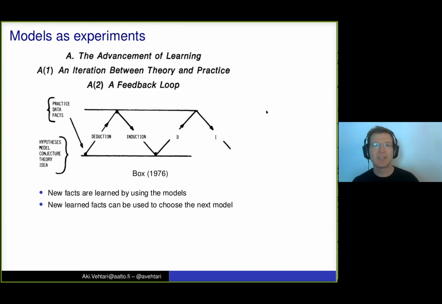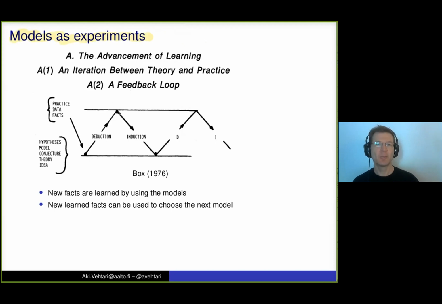And we can also think of these models as experiments. Even if we have just that one data set, when we have a new model and fit that model to the data and look at what we can learn using that model for that specific data, this is an experiment also.